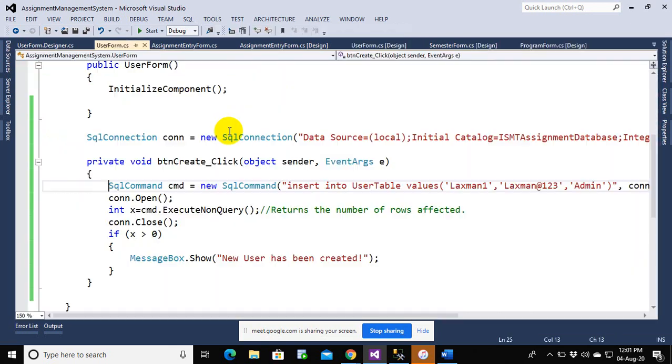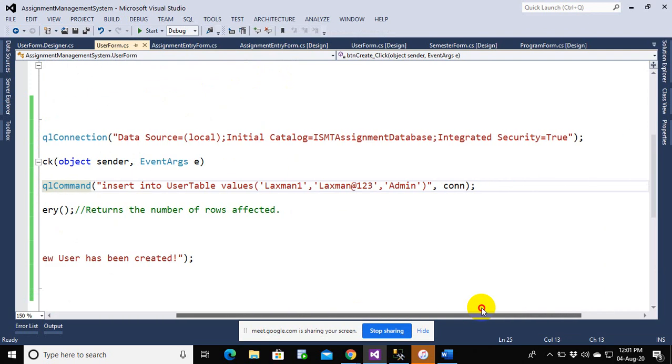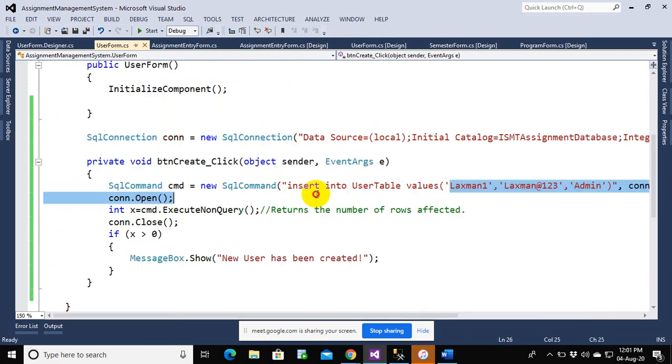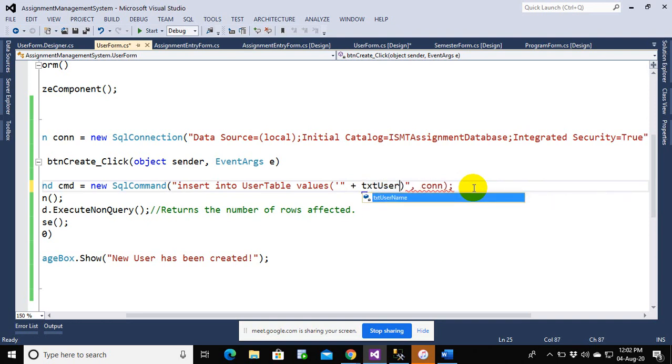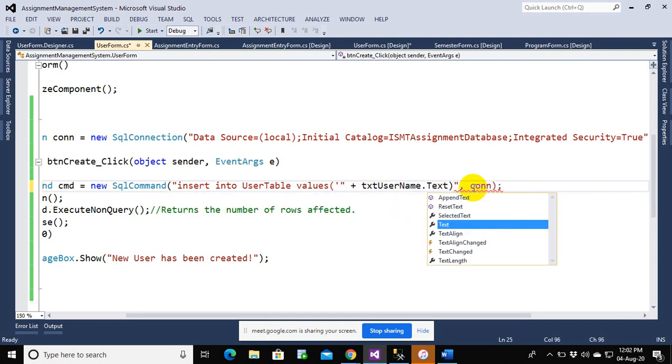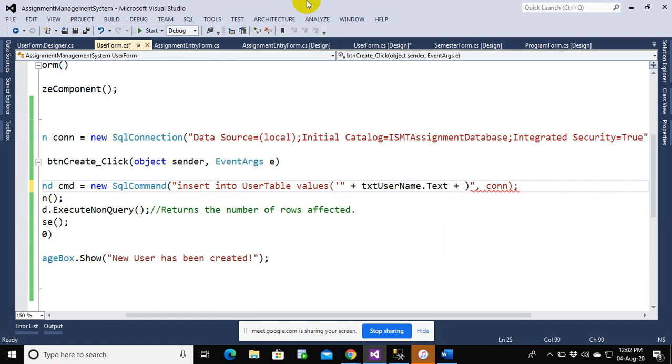But how? Let's see now. Instead of writing this hard coded value, I am going to change this concept here. In order to read the value from a text box, I have to make some string concatenation here. How to make a string concatenation? You can write a double quote, and then a plus. And then what is the field that you want to read? Where is the username coming from? The username is coming from txtUsername, so I can write txtUsername.Text. I need to provide the .Text property, and you can do it in reverse now.